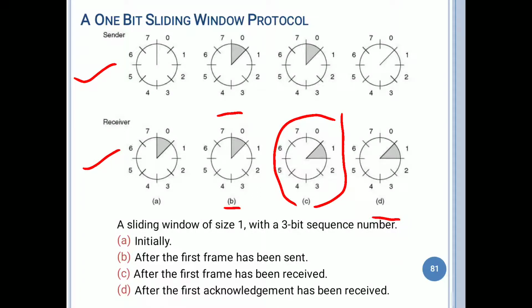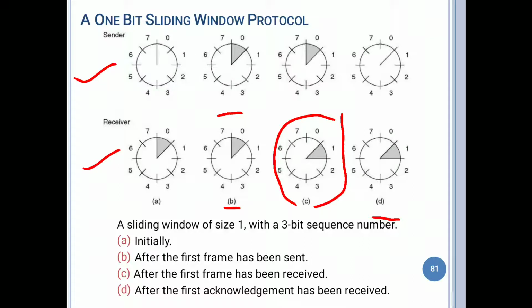Here the sender sends the data, but it is not received by the receiver at that particular time. Only the sender starts transmitting. Once the data is transmitted by the sender, if it is received, then it looks like this: the sender's frame is like this and the receiver just slides itself. It has already received 0 and now it is requesting the first frame, meaning the next frame. The 0th frame is already received, so it slides one bit and requests 1.